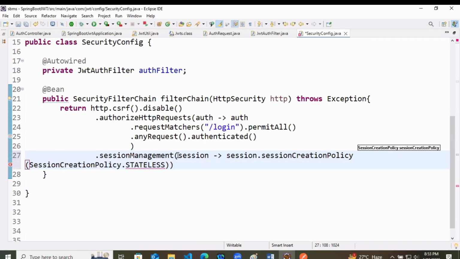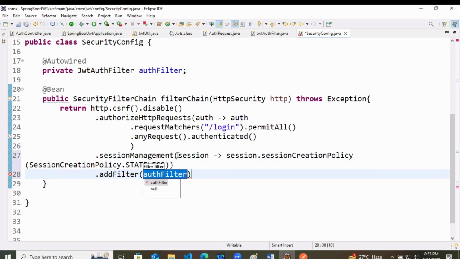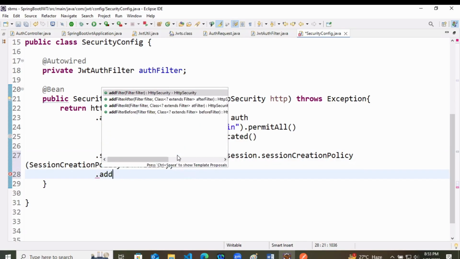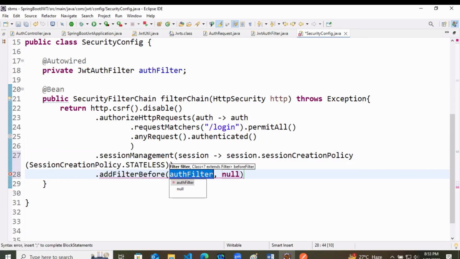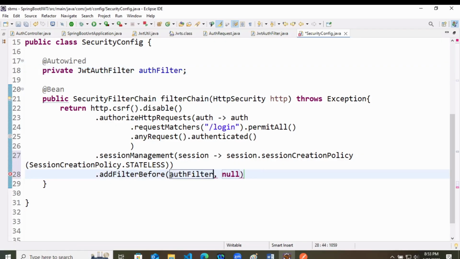Now what kind of session we are going to create? Written here only, stateless session. By default it is stateful. So here we are going to create a stateless session dot add filter before, and here we will provide the auth filter of ours that we are creating.